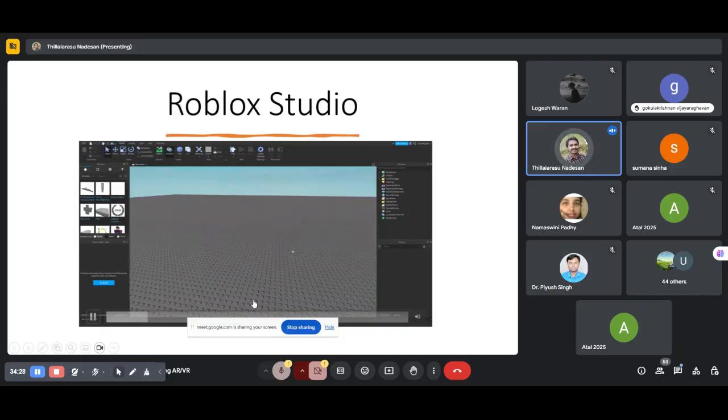And this is what you're roughly going to see when you open up your game. Now, the tabs might not be here. Your studio might be white if you're using the default theme. However, this is roughly what you should be seeing. Okay, so you should have a blank base plate here.